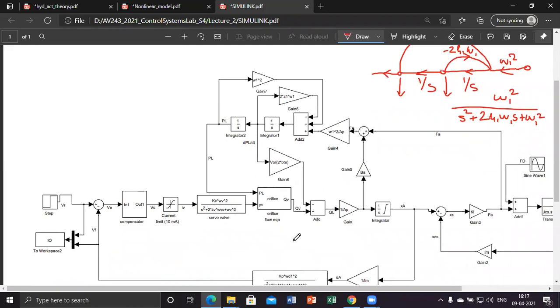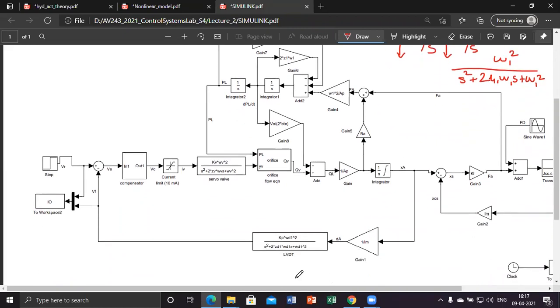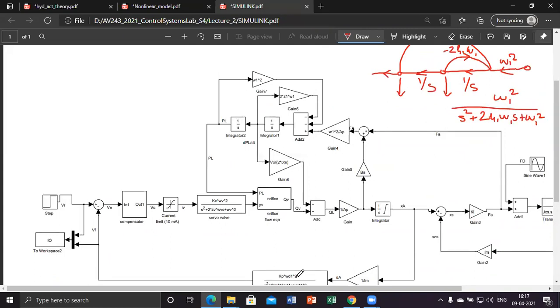So this is that concept. Otherwise, I have explained everything. You can go through this diagram. All these materials will be given to you, and Mr. Abhilash will be explaining. And one more thing, the orifice flow equation that is going to be simulated as an embedded MATLAB block, that program also will be given by Abhilash.